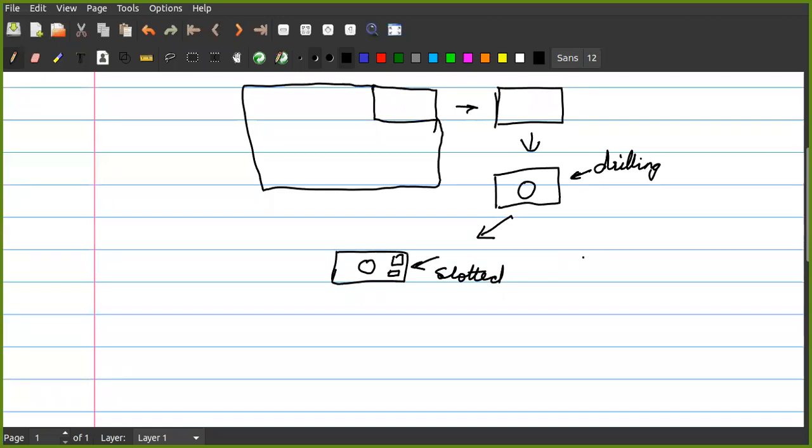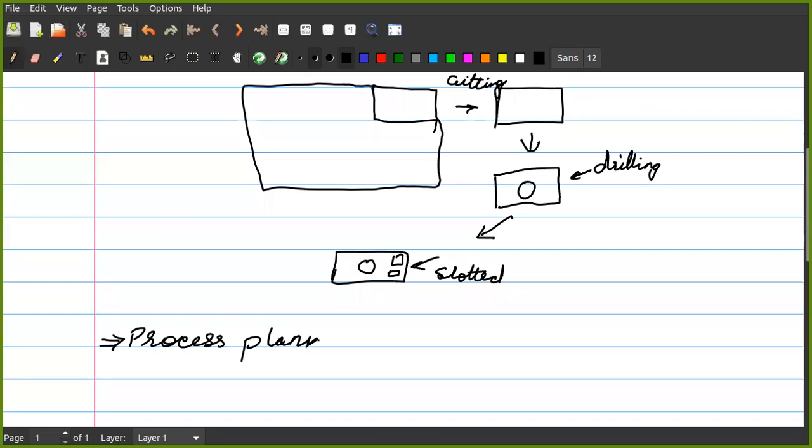So you see, basically what I have done here is I have given you a sequence of operations. First is the cutting operation, you cut the plate, then drilling, then slotting. When we have this sequence of operations for each individual part, that is known as process planning.